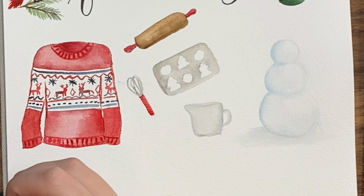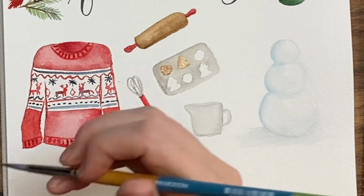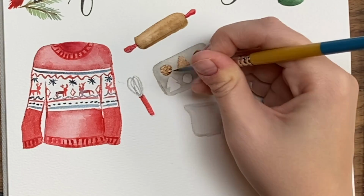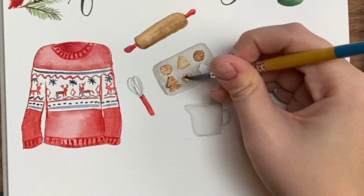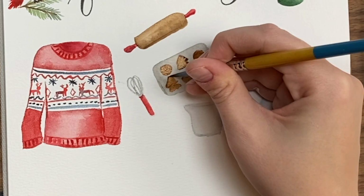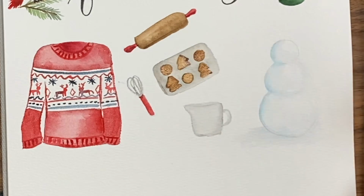I'm gonna make these cookies, I think gingerbread cookies. So we're just gonna go brown on all of them. And then we'll do some white icing detail on it later with some white ink. Totally up to you though. You can always add more detail, color, whatever you like. That. I'm going to add some little red lines